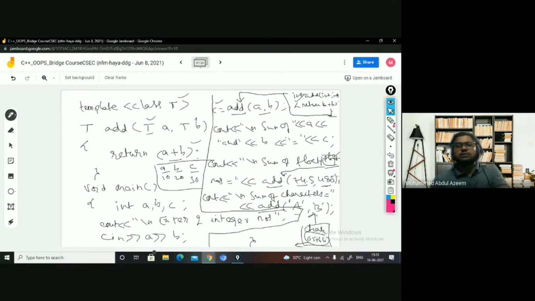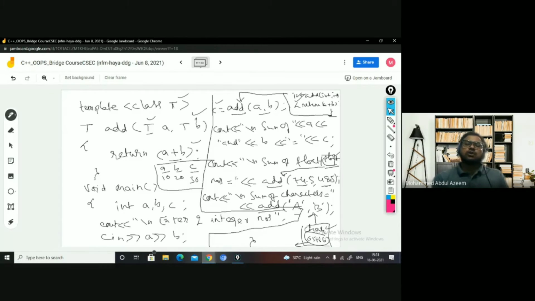And again, if you are calling this particular function by passing certain other data type, then another version of this particular function with respect to that particular data type is going to be generated, and that is going to be called. Now you can tell me what is the advantage of having this particular function template? Yes, the advantage of having the function template is, instead of writing the addition function for integer, float, and character separately 3 times, if I write only once like this, the same I can call it for all these 3. Yes or no? This is the advantage behind having the function templates, which will reduce the code.